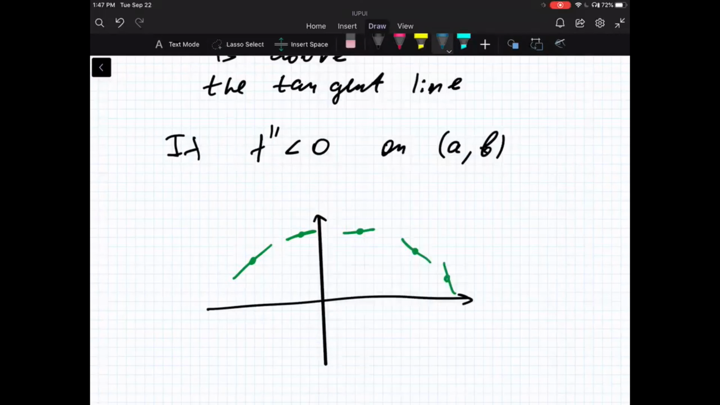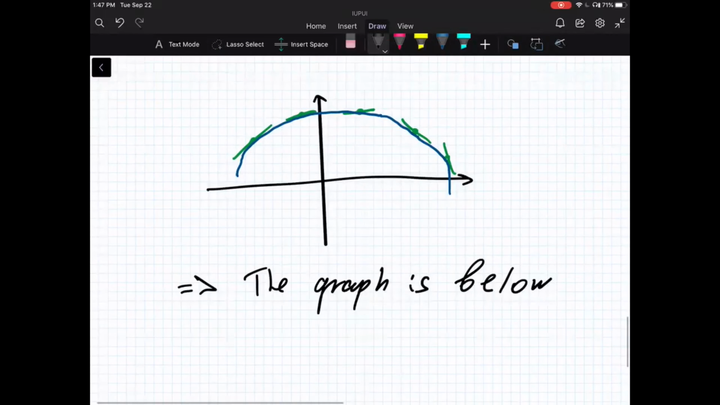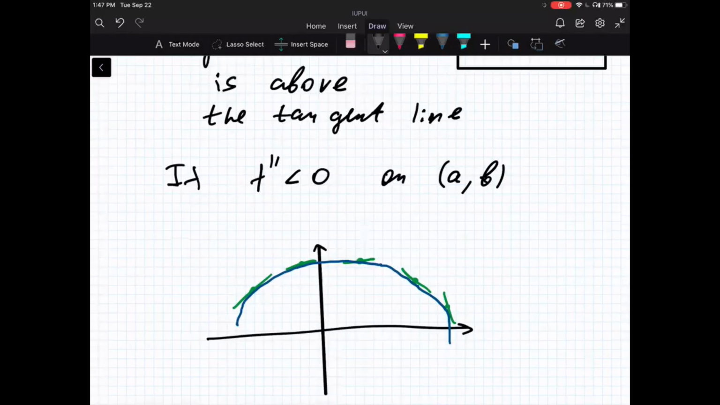And again, if you try to plot the graph using the tangent lines, it will look like this. And the conclusion is that the graph is below the tangent lines. That's what the textbook says. I think I slightly discuss it in my manner, but